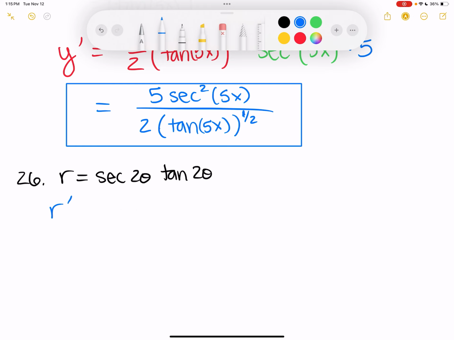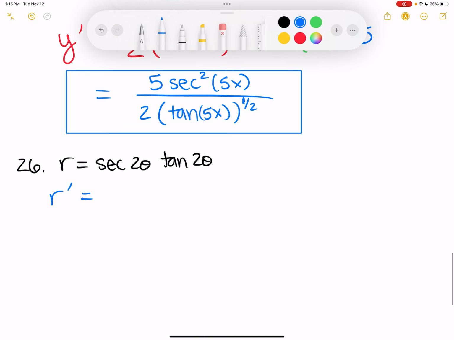R prime equals. All right, derivative of the first. What's the derivative of secant of 2 theta? Secant of 2 theta, tangent of 2 theta. What's the derivative of 2 theta? 2. So I'm going to go ahead and put that out here. Times tangent of 2 theta plus, copy down the first, secant of 2 theta